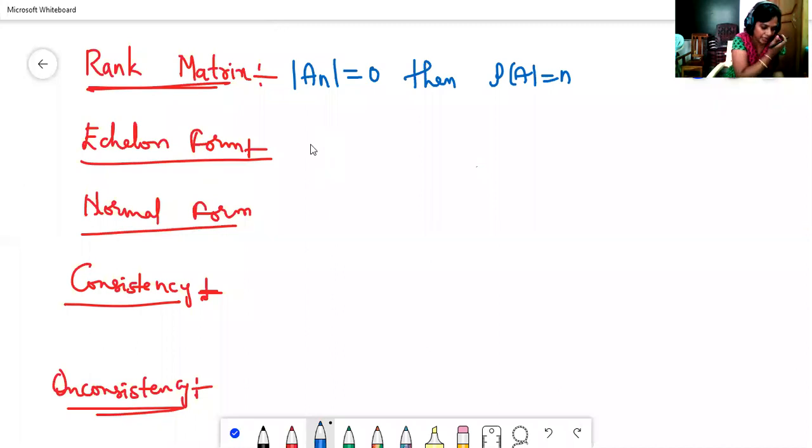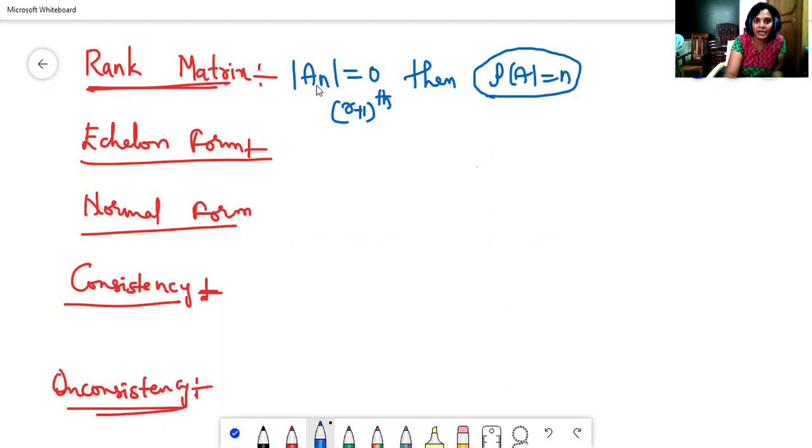Here we can recall the conditions again. First, we take A to be an m by n matrix. If A is a null matrix, we define the rank of the null matrix to be 0 only. If the matrix is a non-zero matrix, we say that r is the rank of the matrix A if every r plus 1th order minor determinant is equal to 0, and there exists at least one rth order minor of A which is not 0. Then the rank is denoted by rho of A is equal to r.